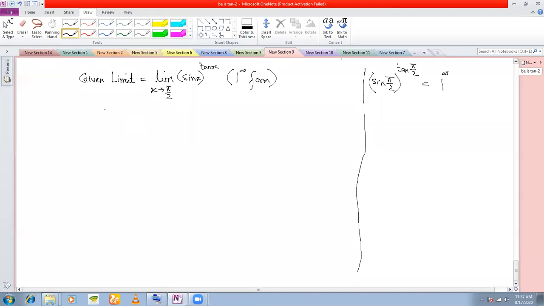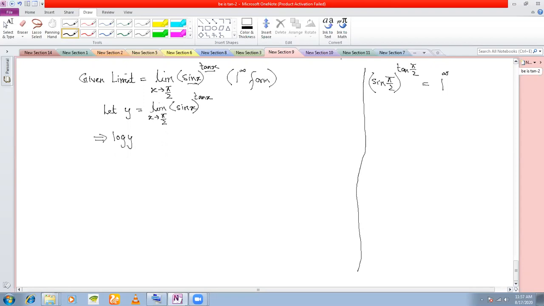So in such a case, what you do is you assume, since you see that sin x has been raised to the power of tan x, and you need to differentiate. So remember when I was doing differentiation, I told you that when one function is raised to the power of another function, then you take logs, isn't it? So here also we'll take logs, but before that we'll say let y is equal to limit x tends to pi by 2. We assume this function to be y. We assume the limit of this function to be y. Now we'll take logs.